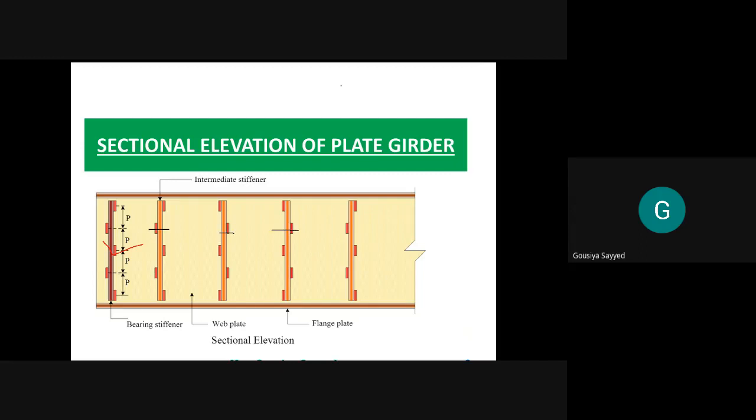And suppose the concentrated load is acting here, then this stiffener is known as a load bearing stiffener. So you have to draw the elevation with scale, and show the dimensions of the flange plate, web plate, and all the stiffeners with proportion. And all these members are joined by